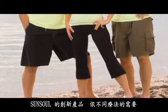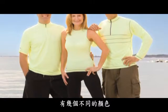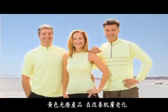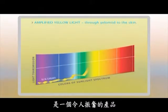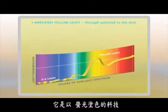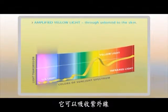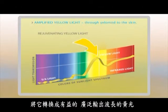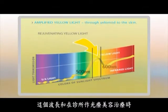At SunSol, what we've done is we've broken our therapeutic fluorescent garments into different colors. First is Yellow Mode. Yellow Mode is an exciting garment in the skin rejuvenation area. The pigments woven into that fabric, the fluorescent dyes, absorb UV light, right shift, and transmit and amplify into the yellow spectrum. Those are photons of light between 500 nanometers and 600 nanometers, which is the precise wavelengths of light we use